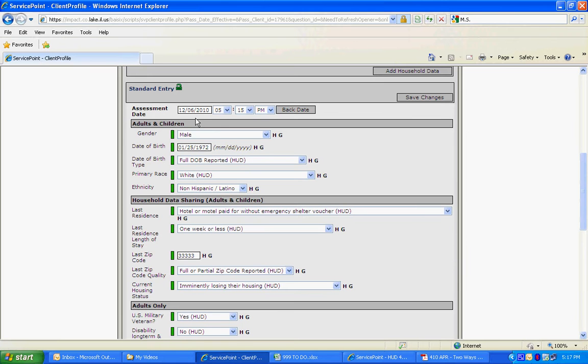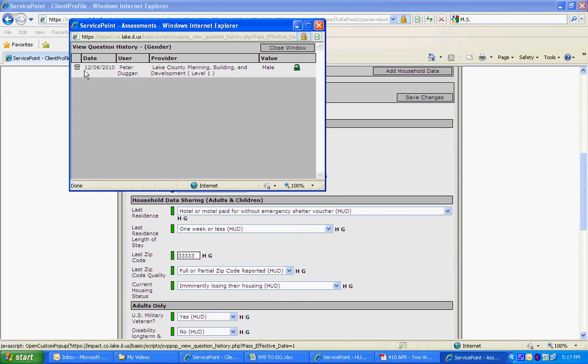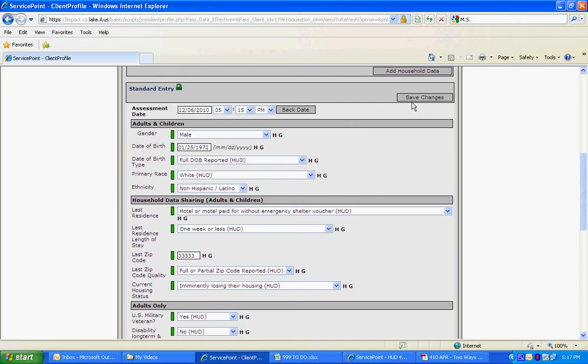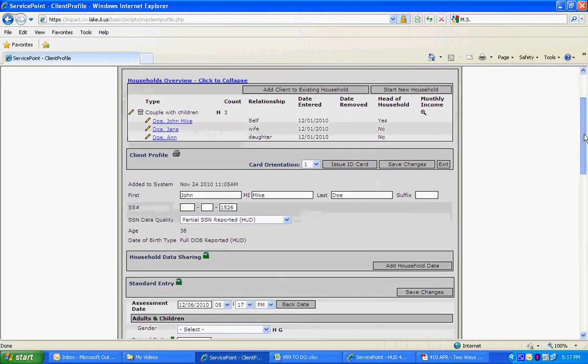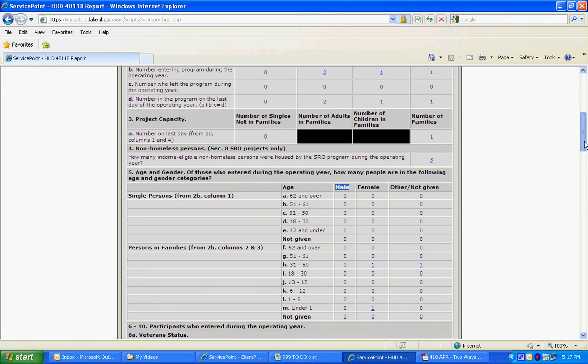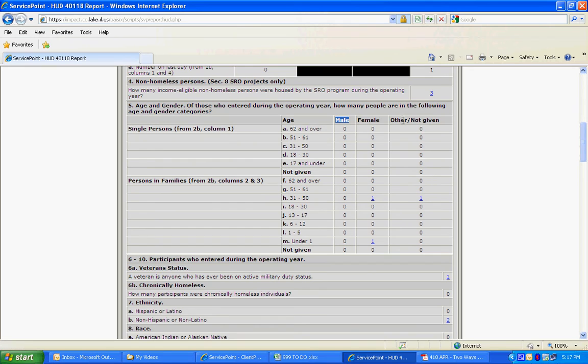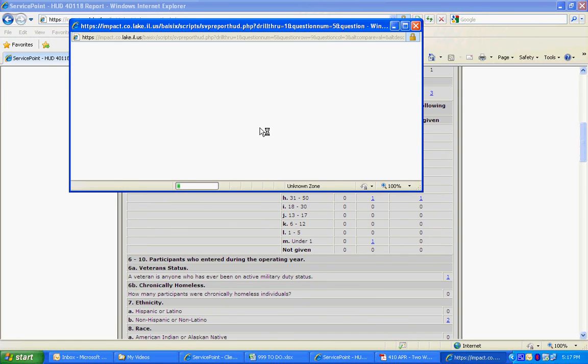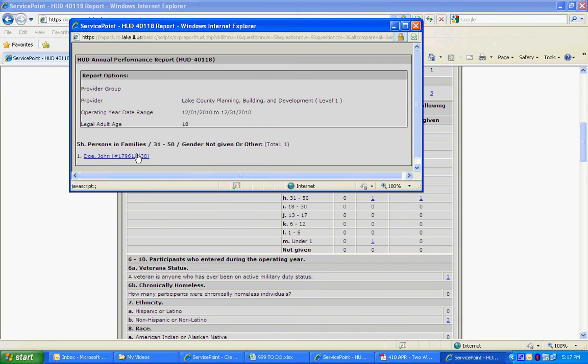I'm going to go back to Service Point here, and I'm going to go back to male, and I'm going to delete the answer. Change this back to empty. Let's go back to the APR. All right, so answer has not been given. Click on the link. See what we saw before. Here's John Doe. Click on his link